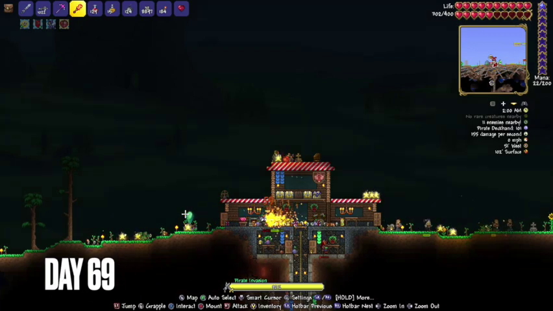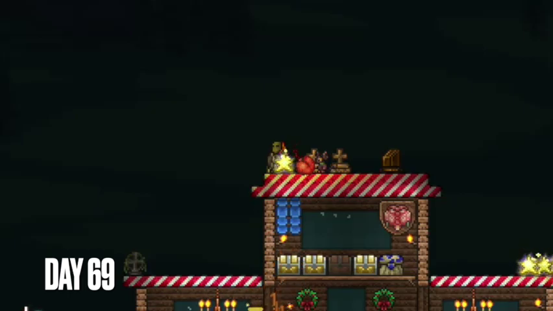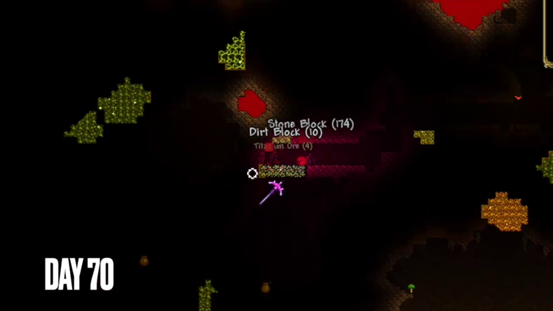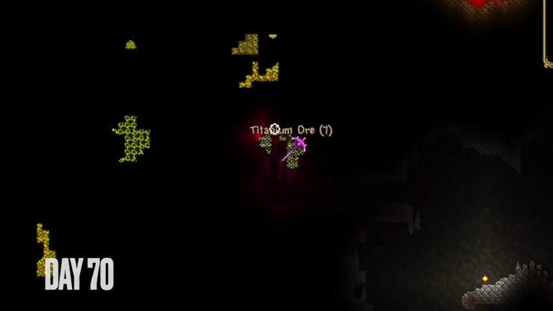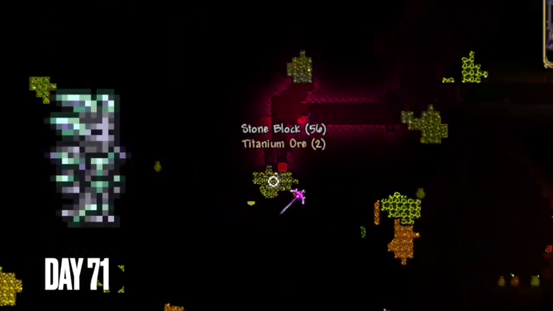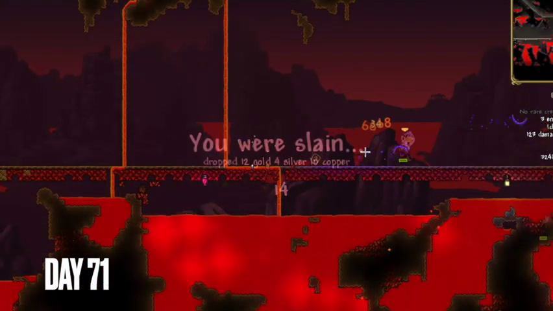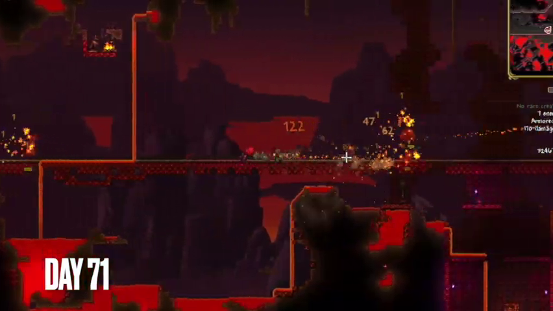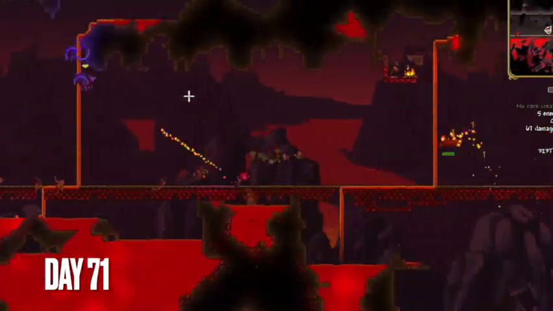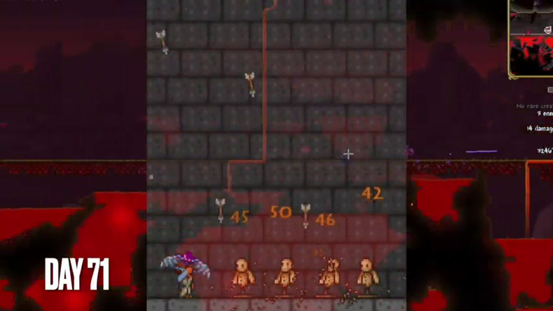Anyway, when I had finally, after much pain, defeated the pirates, I decided to go mining again, because that's what I got interrupted doing. And by day 71, I finally was able to get full titanium armor, as well as a titanium repeater and sword. And then after that, I went to the underground Crimson, or really, I guess, hell, but it had been Crimsonified, to get more Souls of Night, because I was hoping to get the Storm Bow, but I didn't know